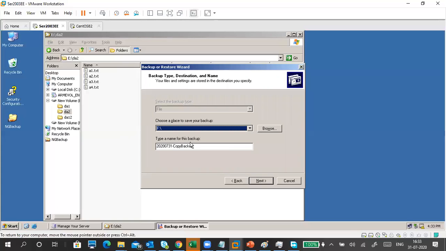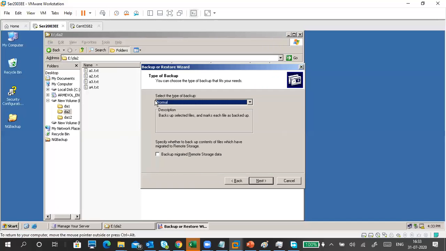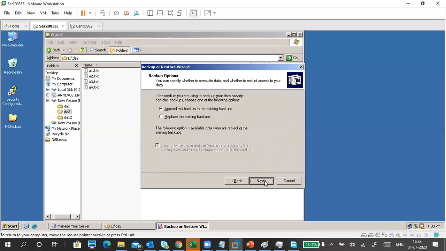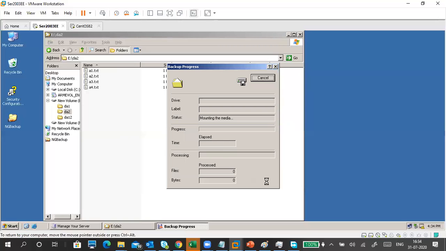Okay, all files are there, and it is a normal backup too. And you don't need to put names also, simple 1, 2, 3. Depends upon your things. It's a normal backup. Next. Finish.